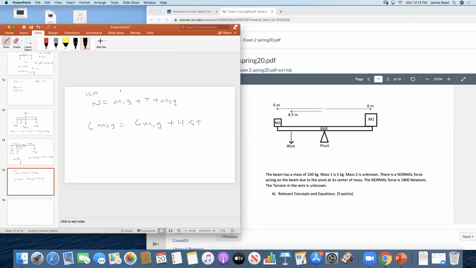We know m1 is 5. We know g. And again, you can use 10 for g. I don't know this, and I don't know this, but I know that this is 5. So, using 10 for g, I have 60 times m2 is 6 times 5 is 30, times 10 is 300, plus 4.5 t. If I divide by 60, I get m2 is 5